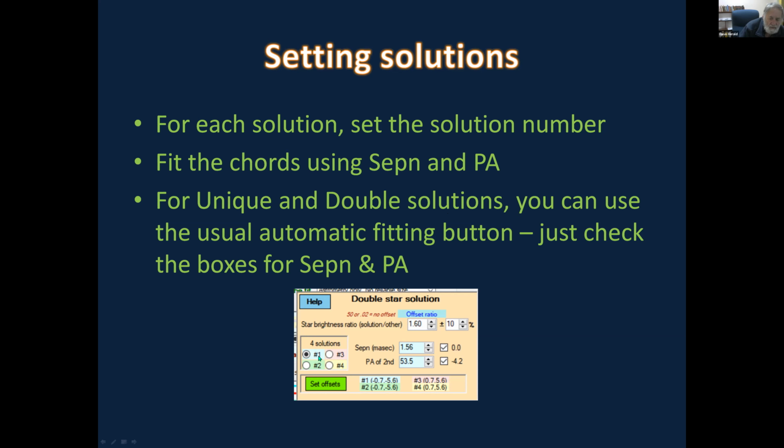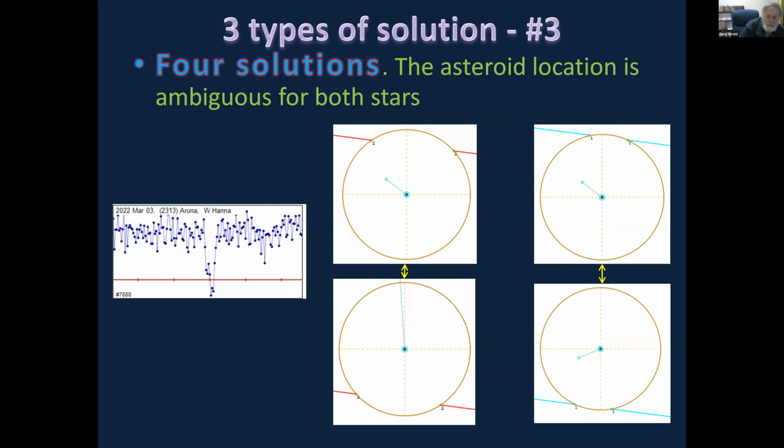If you have a unique solution, you can just click those and do the automatic solution to your heart's content, and it'll solve it. If you've got 2 solutions,